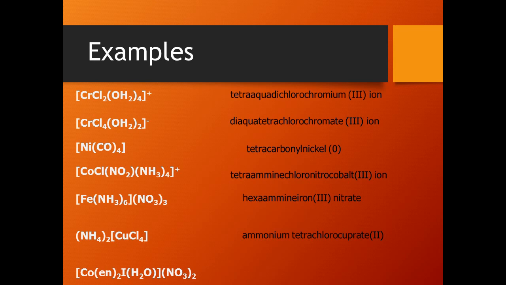So the correct name starts with aqua bis(ethylene diamine), because E comes next after A. Aqua bis(ethylene diamine), and ethylene diamine should be written inside the bracket. Then comes iodo, then cobalt(III), space, then nitrate. This is a cationic complex, therefore cobalt is written as cobalt, not as cobaltate.